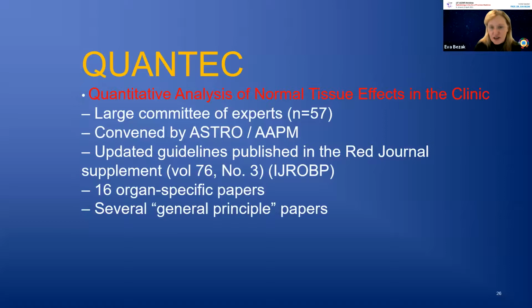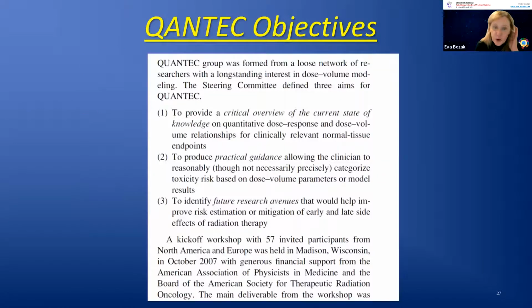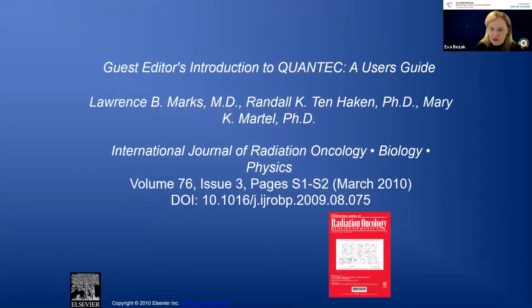It's a large committee of experts convened by the American Association of Physicists in Medicine and ASTRO, and they updated guidelines that were published in the Red Journal in the supplement, and it contains 16 organ-specific papers. QUANTEC was formed to provide a critical overview of the current state of the knowledge, produce practical guidelines, and identify future research avenues. This is the reference, and again, it's a must for everyone to read and have in your